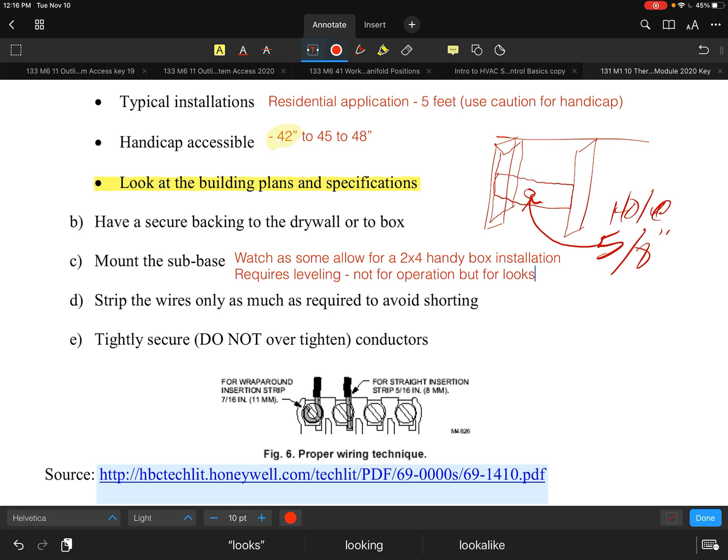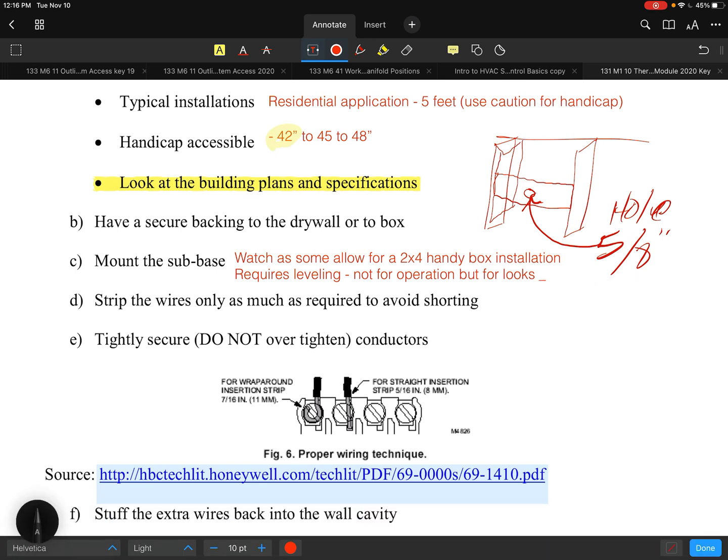So if you have a sub base on there, that's what you're installing. That's what you're getting set up on there, and then the wire comes out in between there. The other thing that you always want to have a big enough hole for is such that you make sure the hole is big enough to be able to push the wire back into that cavity as well. A lot of times when guys are roughing a wall in initially, before everything's all finished, and before you're even mounting thermostats,